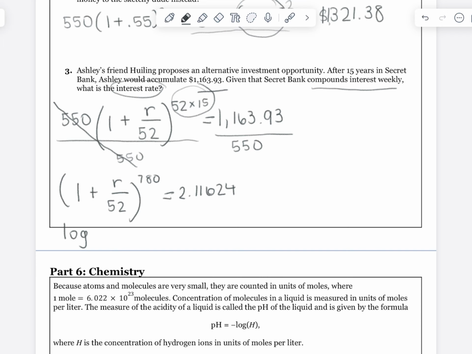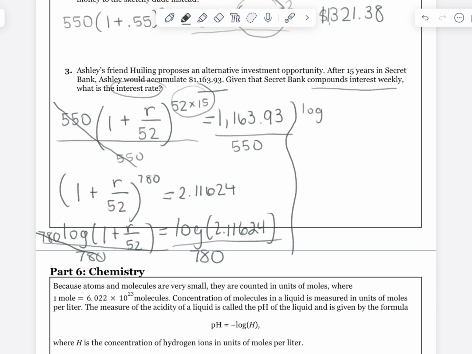what this is going to allow me to do is put the exponent as a coefficient. So it's going to look like this. Log of 2.11624. Okay. If you got up to this point in your test, you're doing a good job. You're almost there. What you need to do next is to divide both sides by 780. And then you'll have